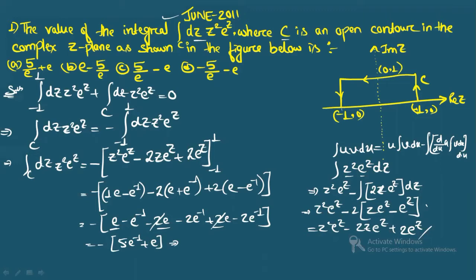This is how you can write. There is a minus sign here because all are negative now. So finally you can write 5 by e, taking the minus inside, minus e. So this is 5 by e minus e. The correct option is option C. Check the signs very nicely, because a sign will make a huge change and you will get the wrong answer. Clear? Now let's see the next question.